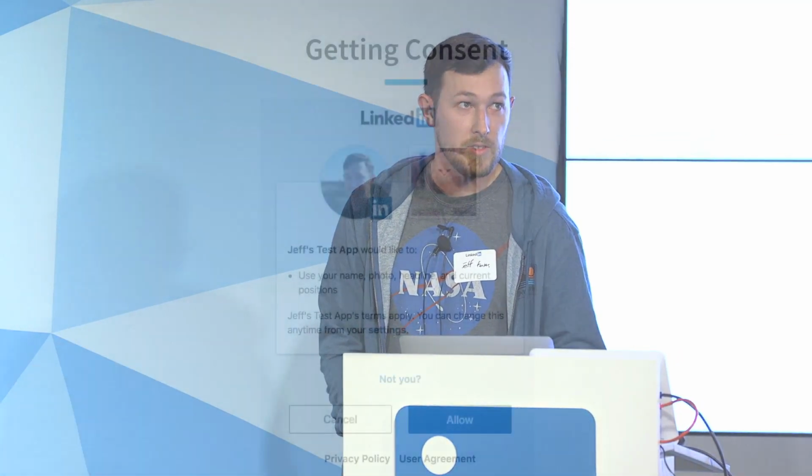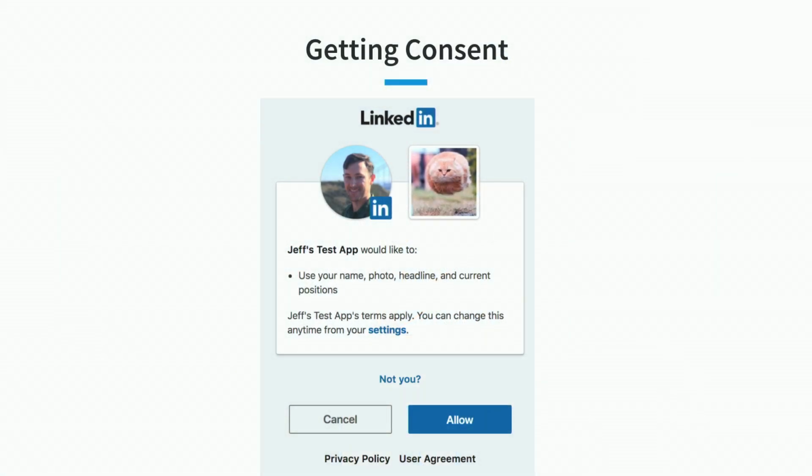The first is getting consent. In order for any app to access your data, like your LinkedIn data or whatever it is, you need to have a means to grant consent. And the most common means is through your browser. You'll have a consent dialog like this. In this case, I am being asked to grant access to Jeff's test app to use my name, photo, headline, and current